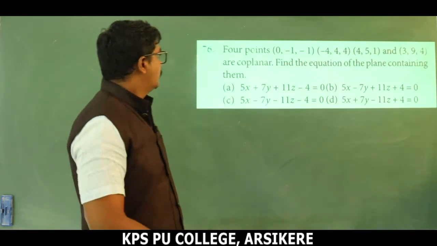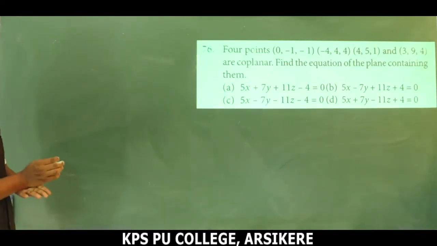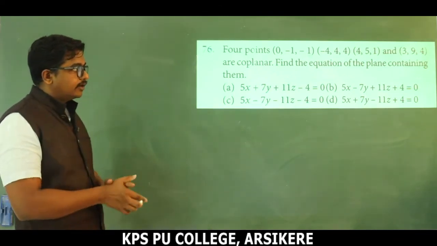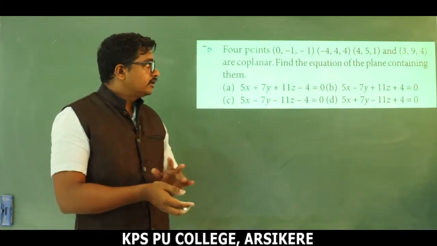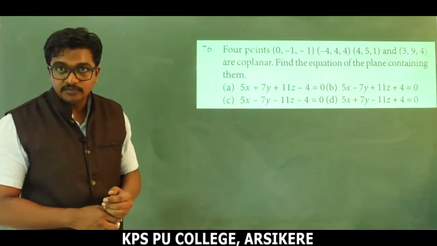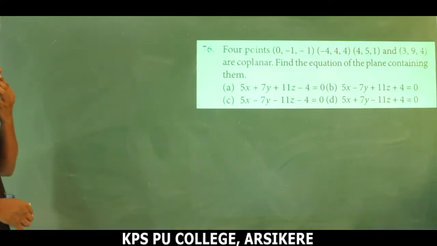Next equation. The points (0, -1, -1), (-4, 4, 4), (4, 5, 1) and (3, 9, 4) are coplanar. Find the equation of the plane containing them. Okay, for this purpose,